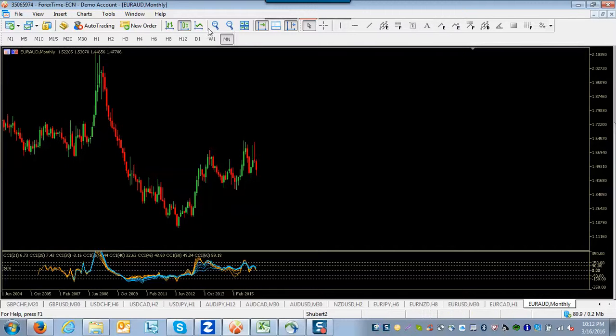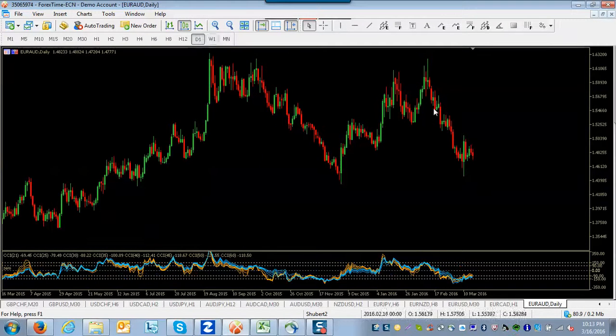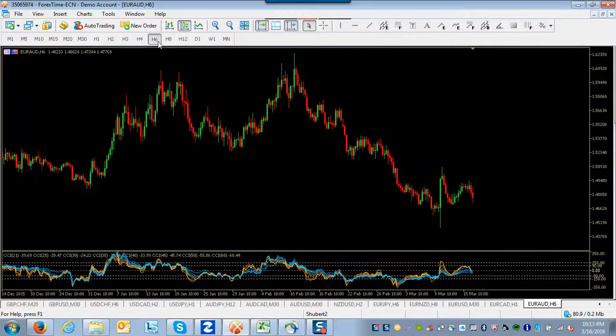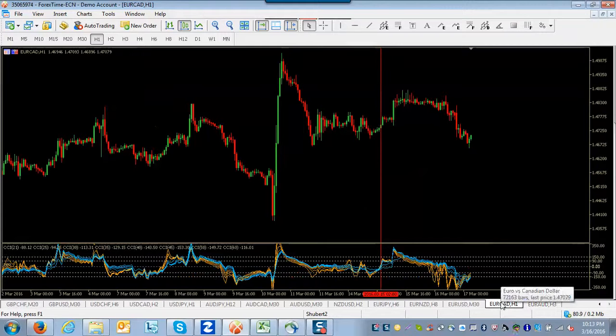Okay, ABC, and it's probably nearing that, down to the weekly, down to the daily. It looks like on the daily chart, maybe we got one more push down, and then I am expecting the Euro Aussie to turn back up. If we come and take out this high right here, then I would expect a move back to the upside. So that's Euro Aussie. Euro Canadian,